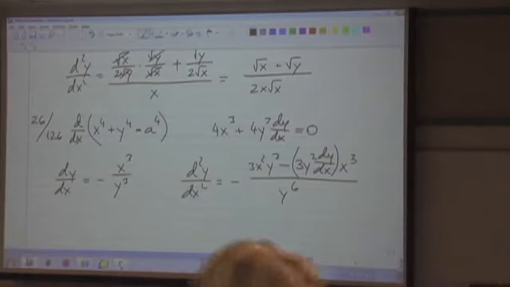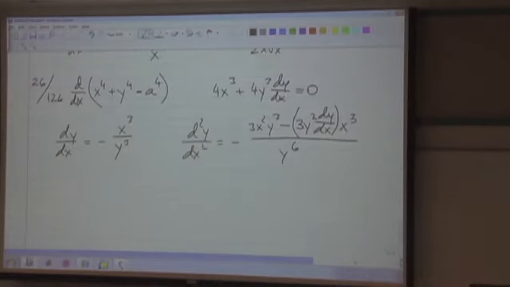Laws of exponents: a to the m, all to the power n, is equal to a to the m times n. Right? Okay,